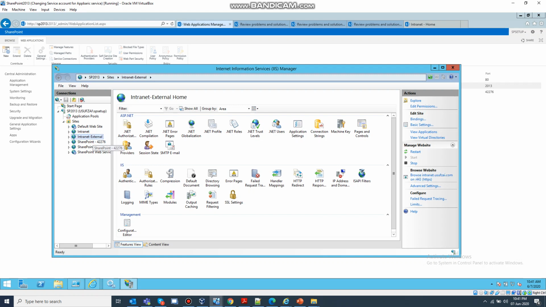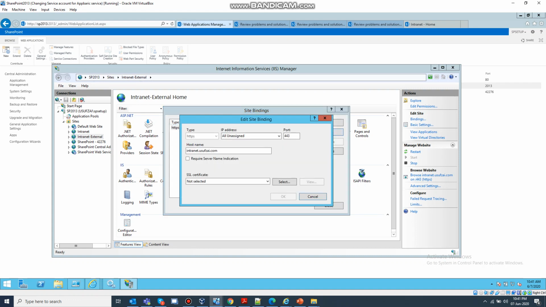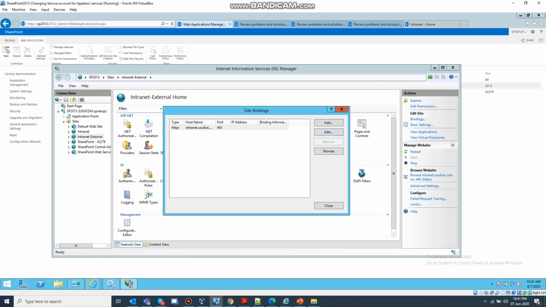And if we see the binding of this web application, you can confirm that it is using the HTTPS protocol.